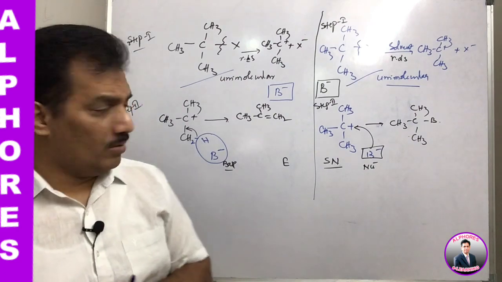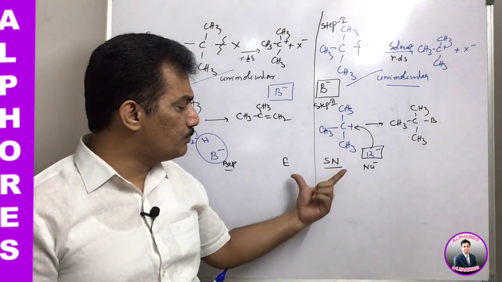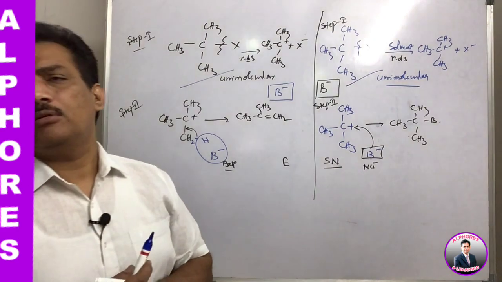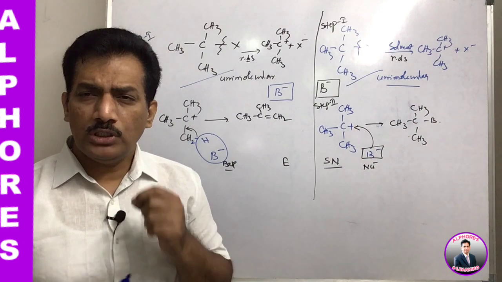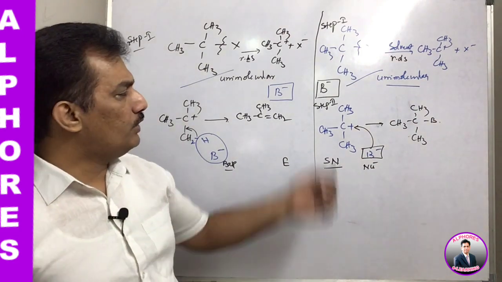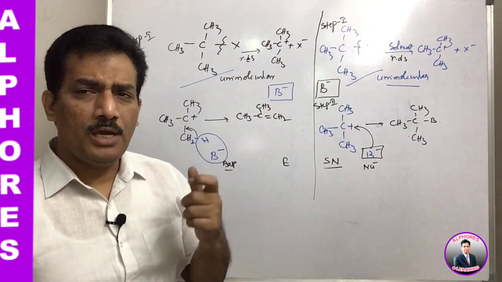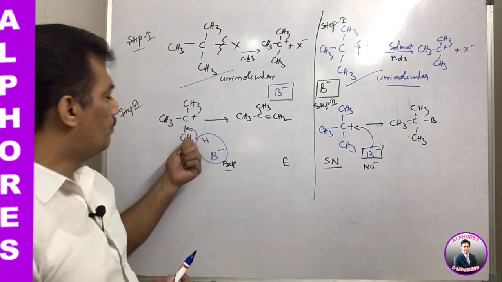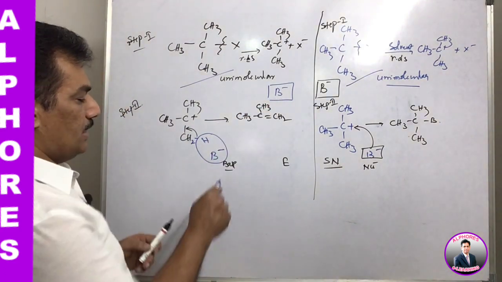Are you following? And now when the second step happens, we are observing the functioning of this B minus. Slowly we are observing what the B minus will do to the substrate, that is nothing but the carbocation. As a reaction intermediate, carbocation is formed in step 1, and towards that carbocation, if this B minus has the strength to abstract the hydrogen from beta carbon, then this is behaving as a base.